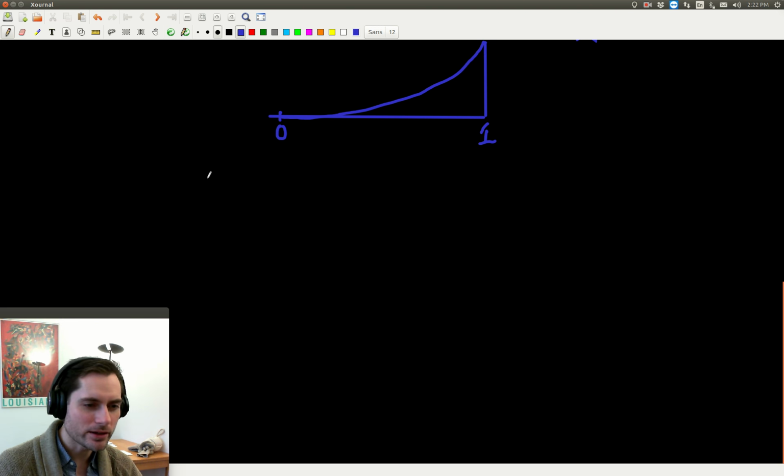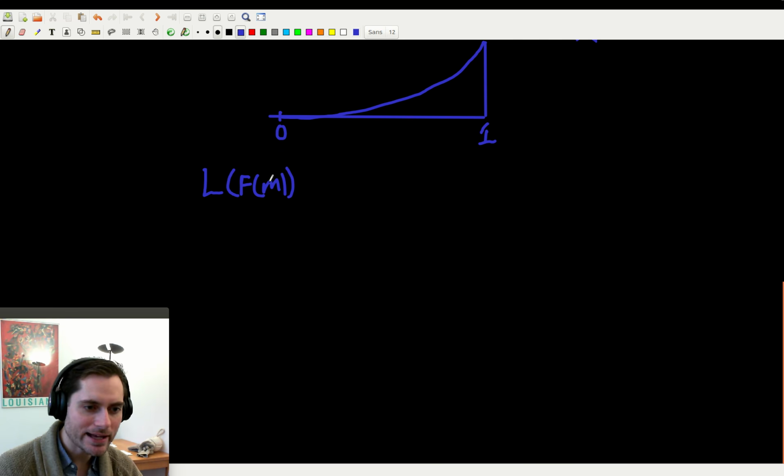Okay, so if we actually write out the expression for the Lorenz curve, we can see that it's a function of the percentile, the income percentile of the population. So I'm going to write L of F of M, and M is income. The way this works is F of M is the fraction of the population that has less than M for its income, and then the Lorenz curve is a function of that fraction. All right? So that is equal to